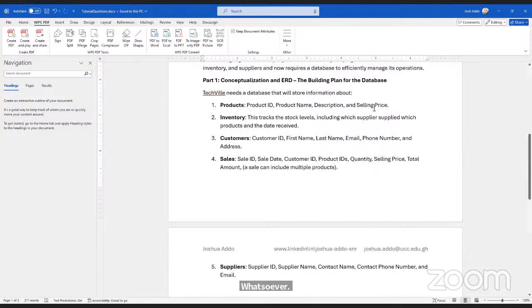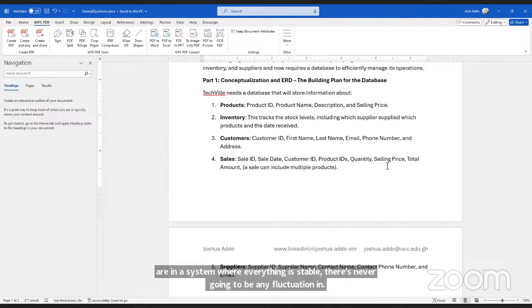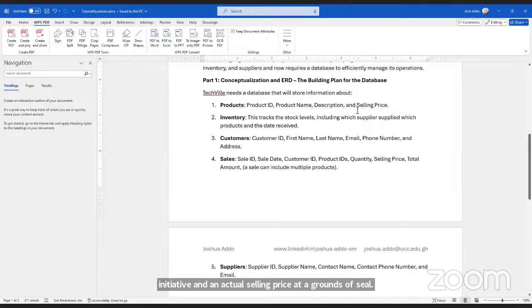That can also help us to know what the standard selling price was, or what the selling price used to be, and what the actual selling price was, for us to do some variances between those kinds of things. If you think you are in a system where everything is stable, and there's never going to be any fluctuation between an initial selling price and an actual selling price at the point of sale, then you might decide to take the selling price from just one of the tables.